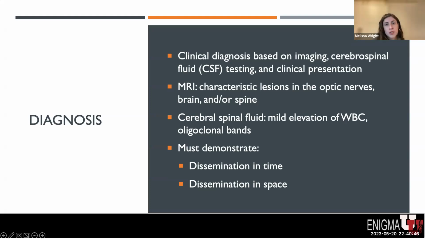These can be seen in the optic nerves, brain, and/or the spinal cord, all areas that can have demyelination and are part of the central nervous system. These lesions typically have a characteristic pattern and appearance, which help us identify them as MS lesions. Additionally, more lesions may be seen than the patient has symptoms of. It's not uncommon for us to have MRI findings with multiple lesions, despite the patient only having one or mild symptoms. There may also be evidence of old lesions in addition to new lesions.